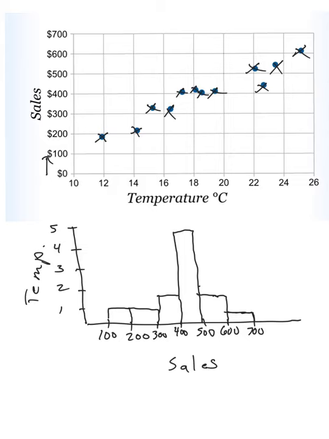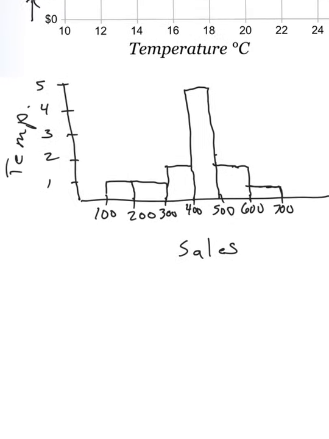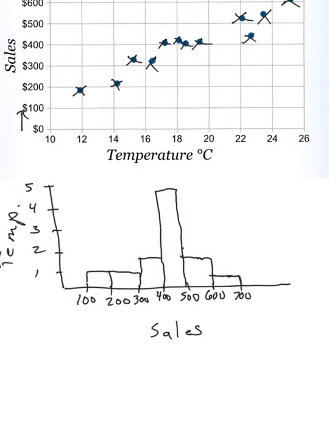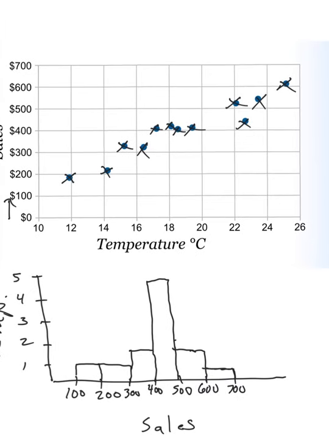Let's talk a little bit more about our scatter plots, and more specifically correlation and association and causation. Okay, so if I look at this original scatter plot, let me erase all these here. If I look at this original scatter plot with temperature of day and sales, I can see there's actually a pretty strong, and here's where I want to be careful